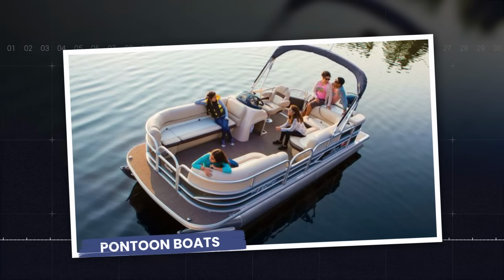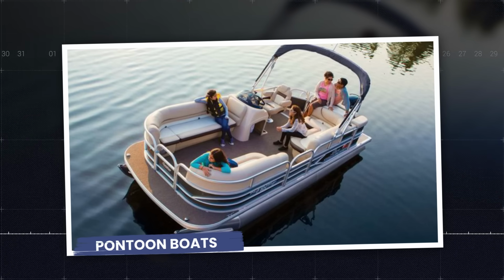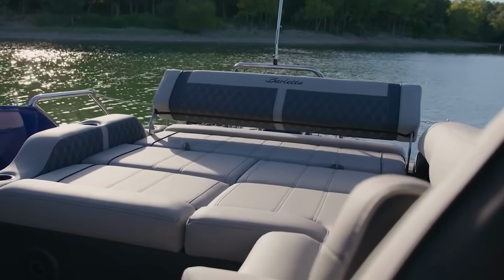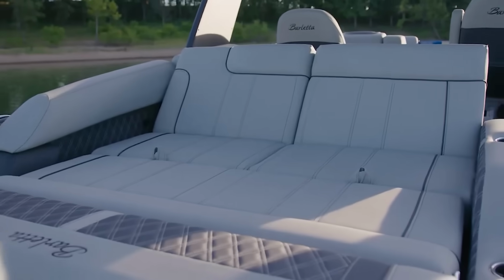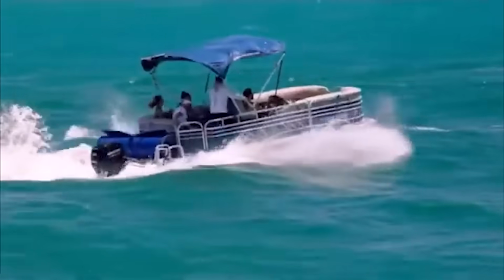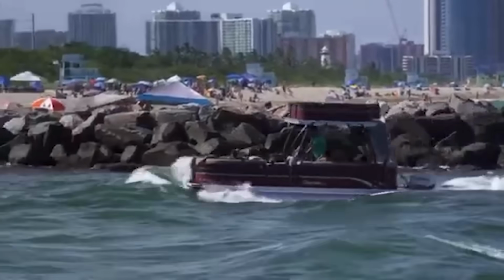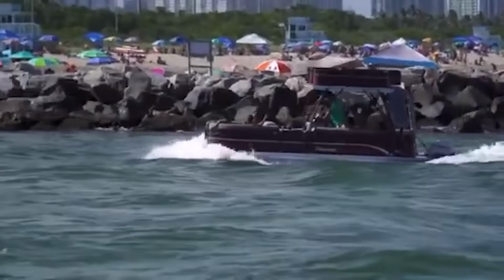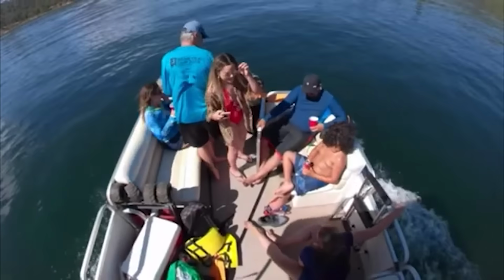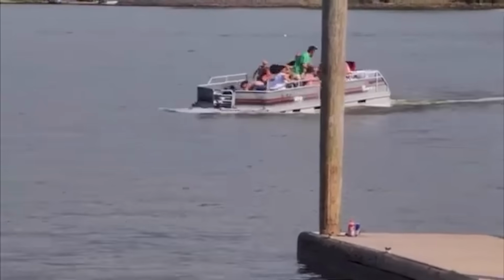Pontoon boats seem like the safest vessels on the water, wide, stable, and designed for leisurely cruising, but their party-friendly design masks some serious safety issues that have led to numerous accidents and fatalities. The wide, flat design that makes pontoons stable also makes them incredibly difficult to maneuver quickly. When you combine this poor maneuverability with the high rates of alcohol consumption associated with pontoon boating, you create a